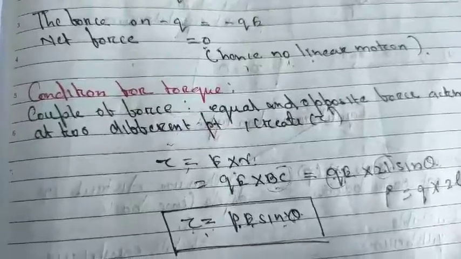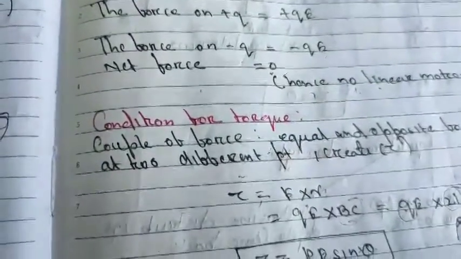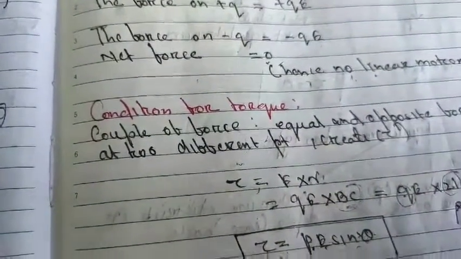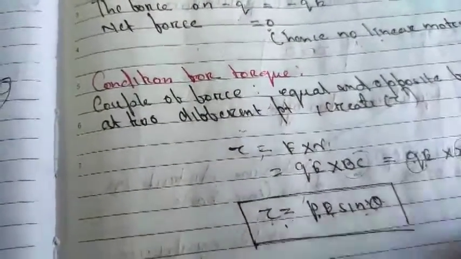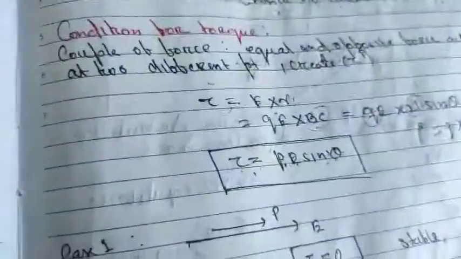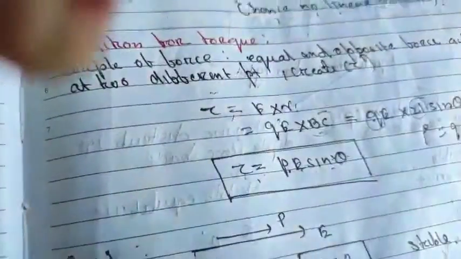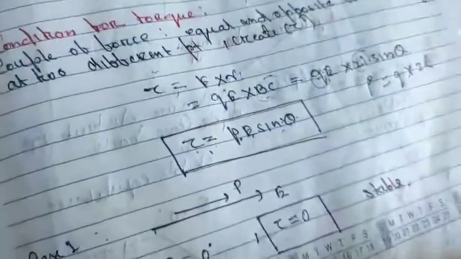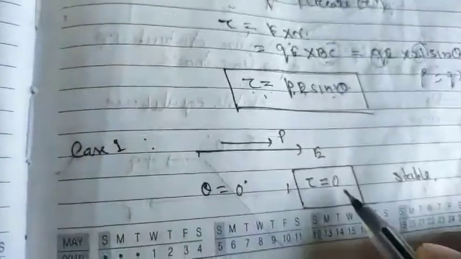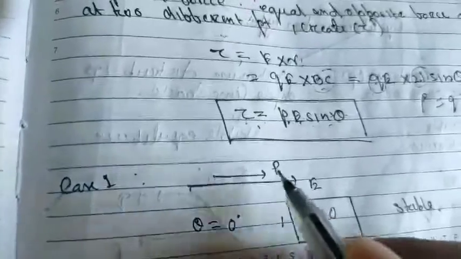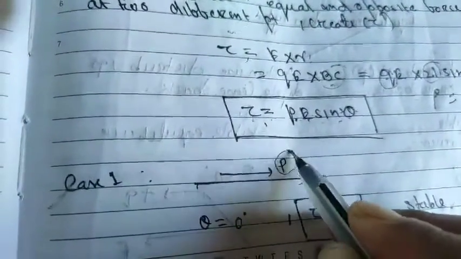Clear? This is always asked in the exam, the board examination used to ask. So you have to remember this concept very clearly, and the most important thing I am telling you is that you have to focus on it. They normally ask you to define what is stable equilibrium and what is unstable equilibrium. Means when you will say the torque is stable and when you will say the torque is unstable. Clear?